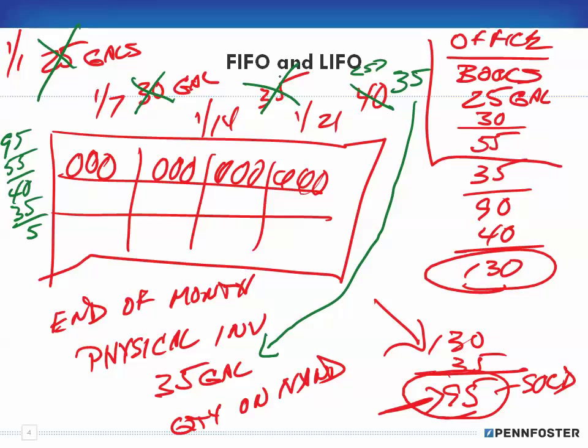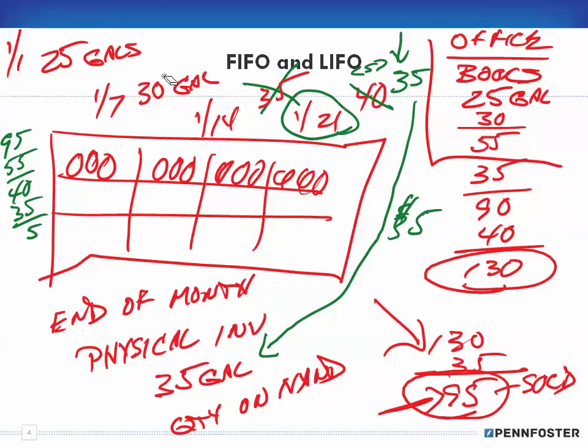So if I take the first ones out, whatever the price is for these ones that are dated 121, that's going to be the value of my inventory. So if these ones from 121 were say $1 each, and I have 35 in there, that means the total value of my inventory is $35. Okay, but if I was using